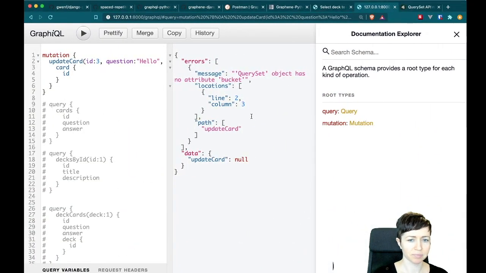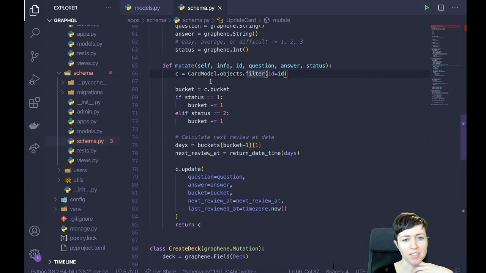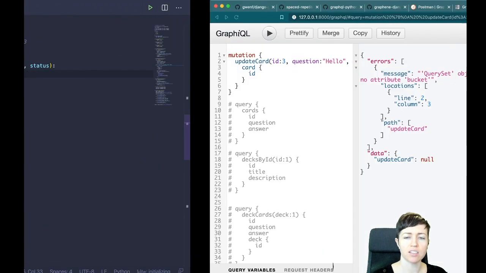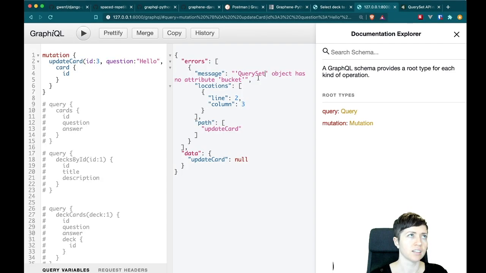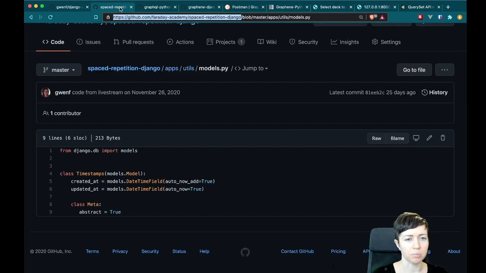Let's see. Oh yeah, a query set has no attribute bucket. That's right, because now I don't have a single instance of the item. I have a whole query set. So actually that does bother me. So let's see. I know I'm definitely doing CRUD operations in most of my other applications. I'm just thinking, because I'm not using the REST API. So